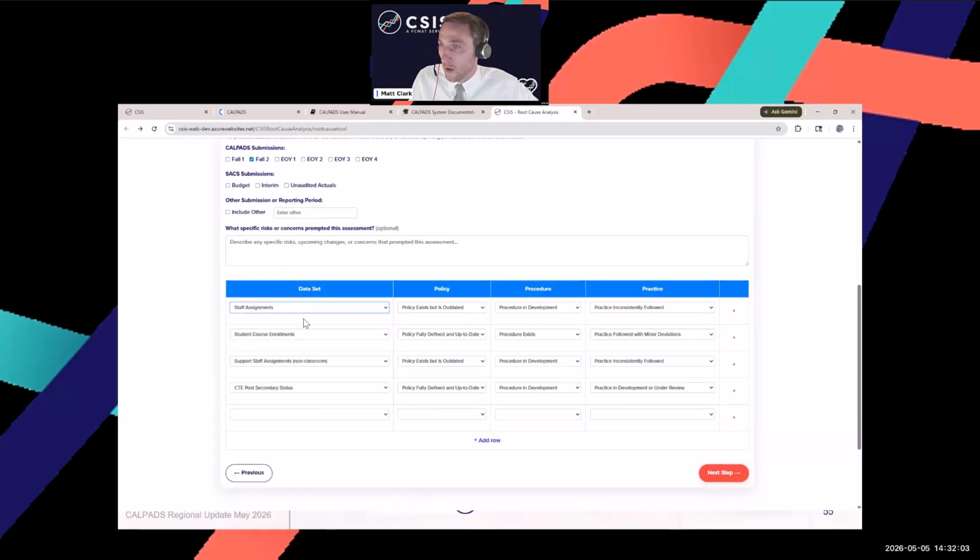not reported in CALPADS. For each data set that you populate in the tool, for a policy, a procedure, and a practice, you're asked to identify whether this exists, whether it is defined and up to date, it is outdated, incomplete, not defined, in development, or it does not apply. So we have a kind of a spectrum of performance for each of these data sets around policies, procedures, and